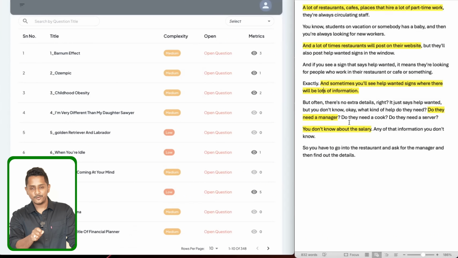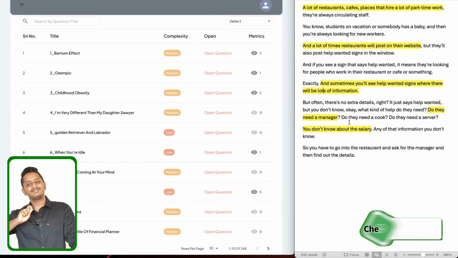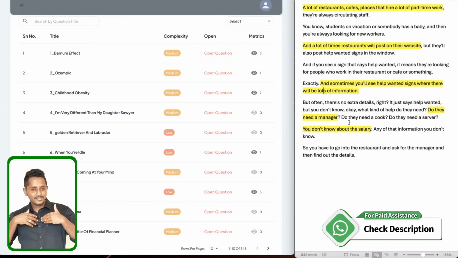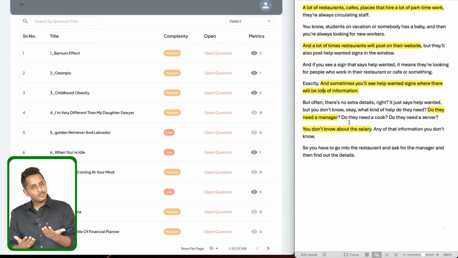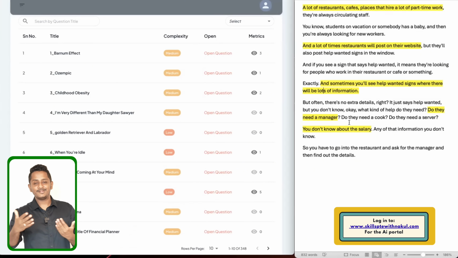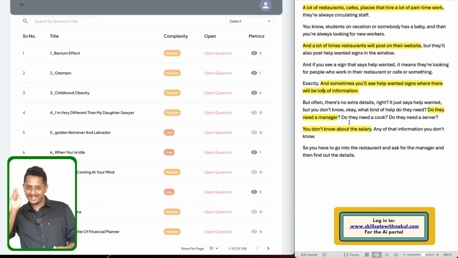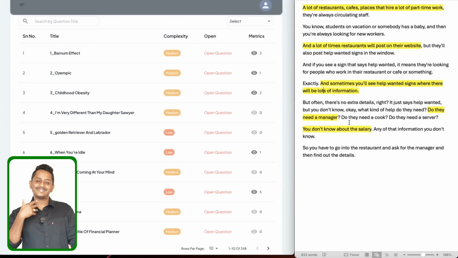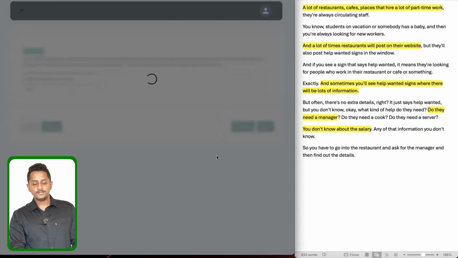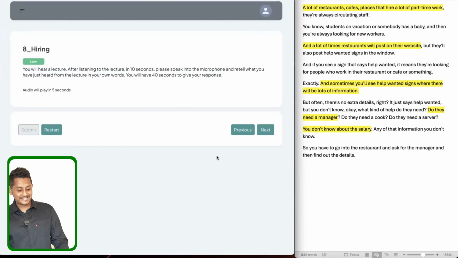But meantime, I'll play the audio. If you have a pen and a book, take some notes, and once the audio ends, just see how much of the notes you've taken. Probably you can compare with the notes that I have taken. I've already highlighted, and then I'll just speak and show you. Let's start with the very first audio. Here you go. Alright, just clicking on the question. You can take the notes. Let's see.